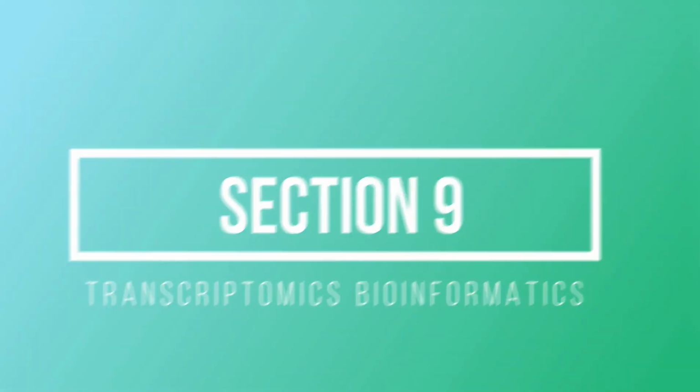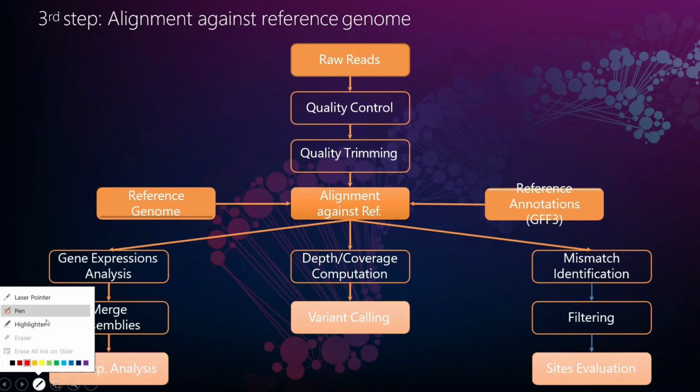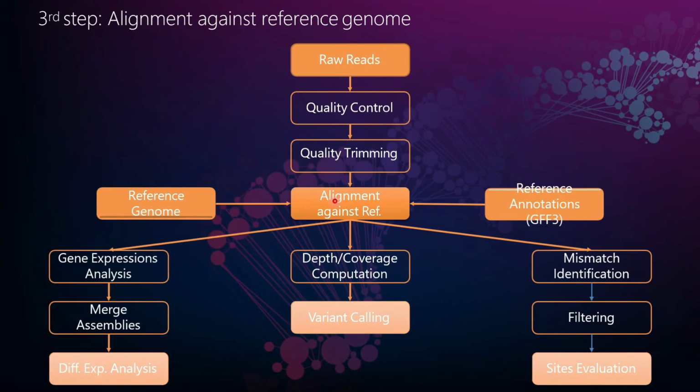So now in our third step, we are moving to the alignment against reference genome. So we need a genome file. Quality control is done, quality trimming is done, and our genome file has been set up. Now what we need are the genome files, the GTF file and the GFF file. I will introduce you to the GTF and GFF files as well, and the reference genome files that we need.